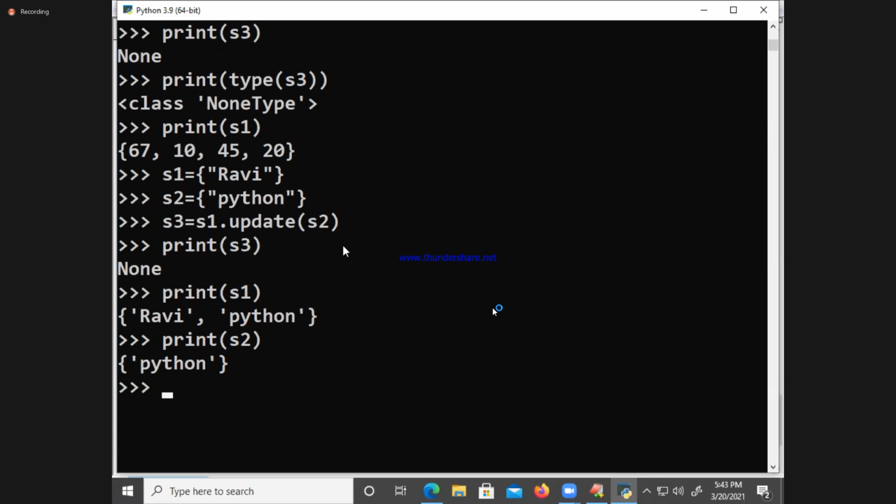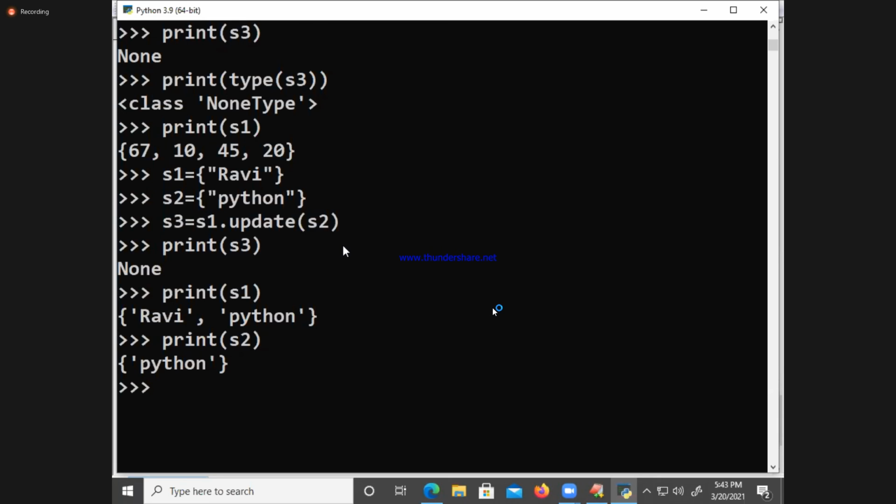Last and final: symmetric_difference and symmetric_difference_update. Who will return and who will not return? Symmetric_difference returns unique exclusive elements of the source set and destination set into some result set. Yes or no?